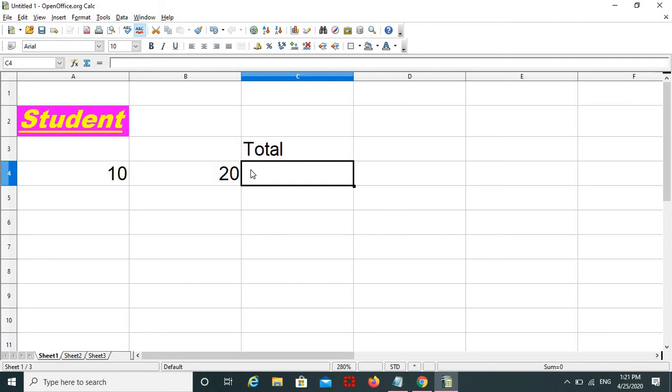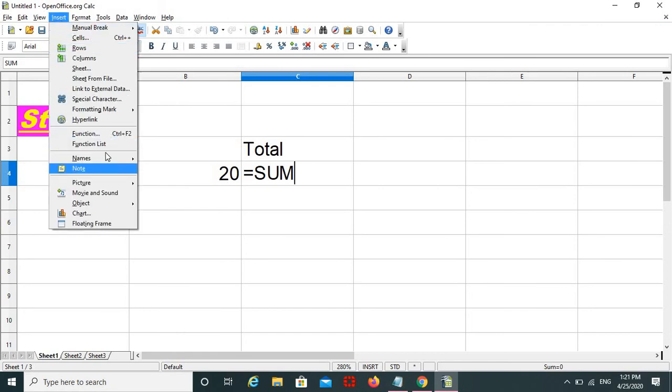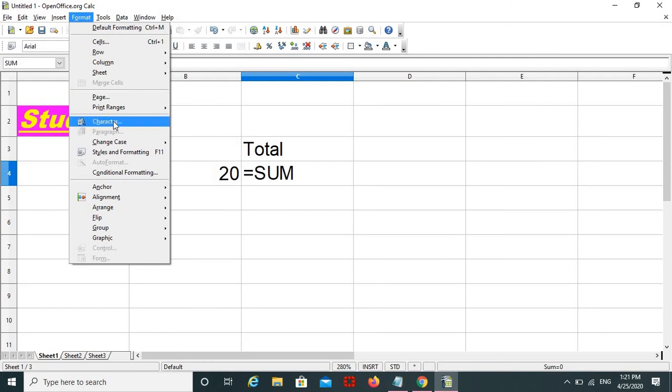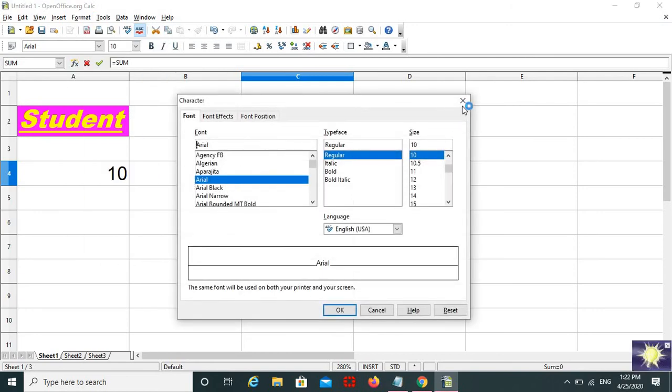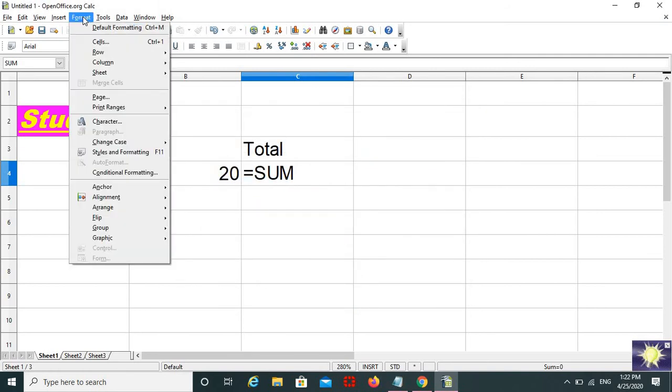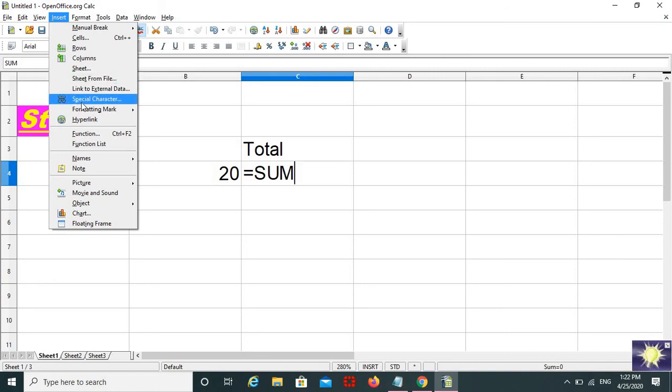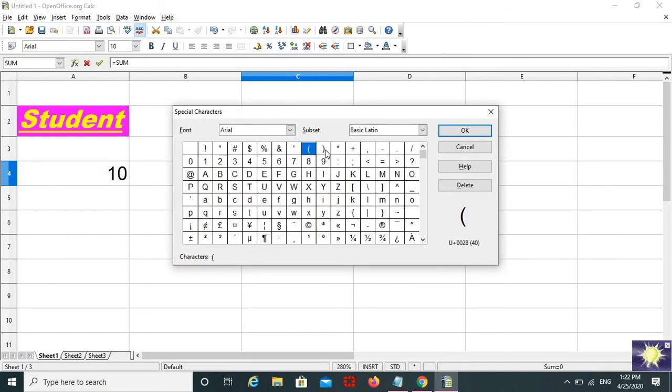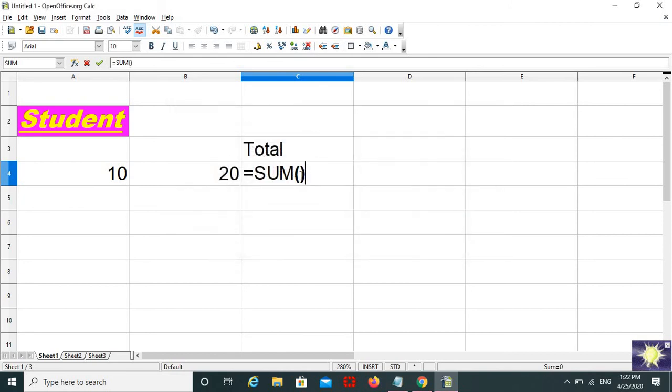If you want to use a formula, just type equals to, then sum in brackets.